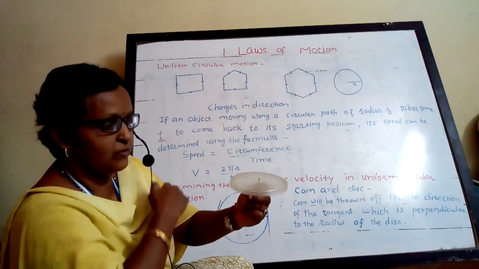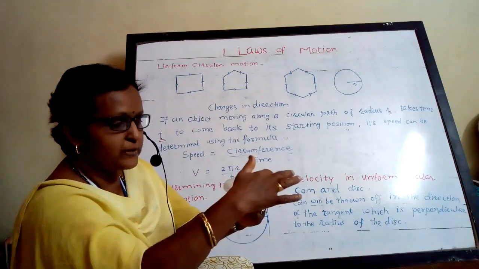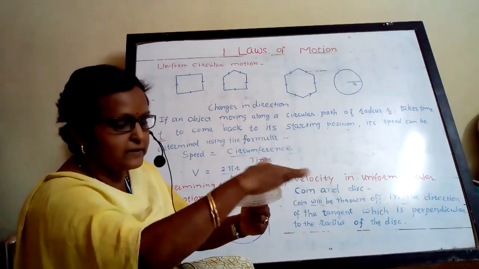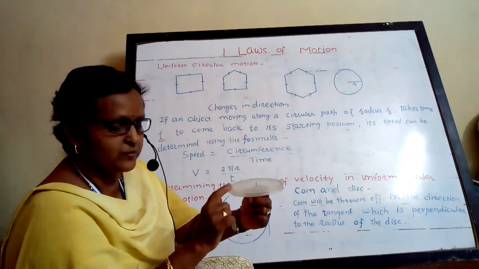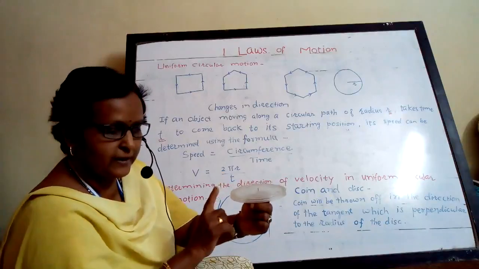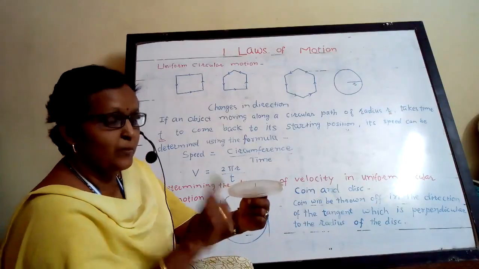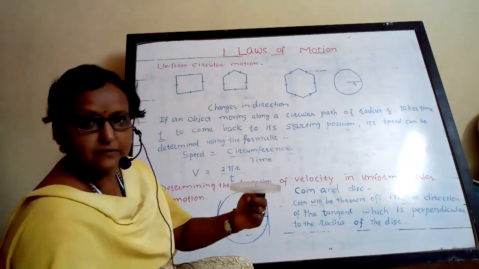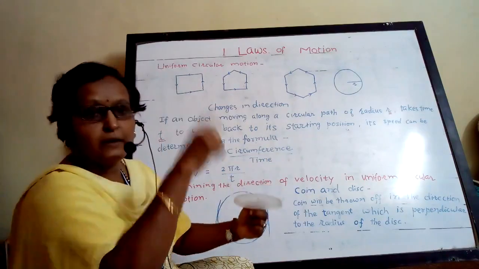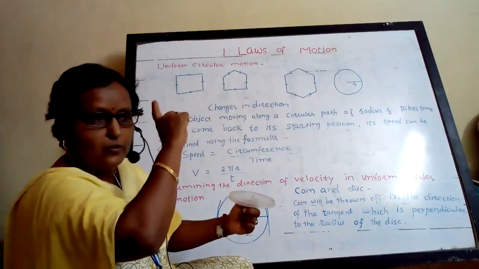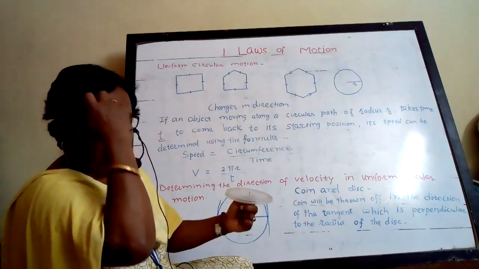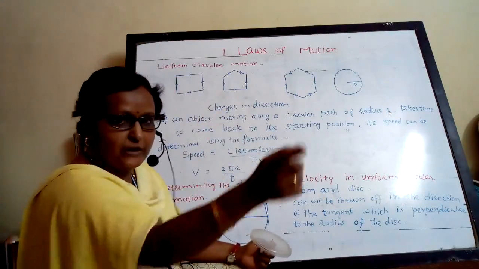How will it be thrown off? Anywhere you put this coin, it will go in this direction, and that direction. Wherever the coin is, if suppose it is here, it is falling from here, it will go in this direction. You might have played with a sling. A rope is tied to a stone and you keep moving it continuously. You release it and the stone will fly off.